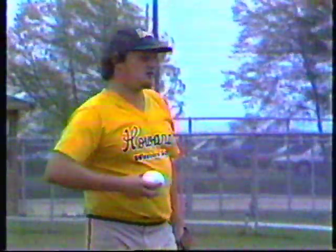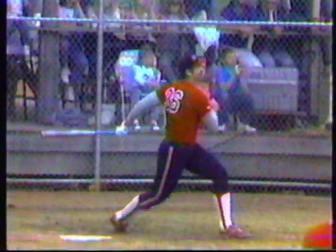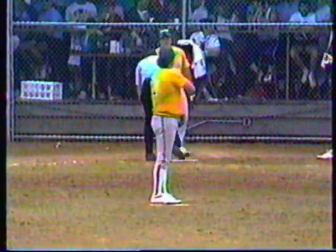Bruce started off a little slow this weekend, but he's catching fire. As Jim Fuller's already in the batter's box. And we mentioned he swings at the first pitch. After he told me in the big leagues, he was in the box at least 3 pitches. He didn't like to wait that long anymore. He hasn't ever seen so many fat balls. He actually took a little bit off this swing. Made contact, made sure it was fair. And, of course, once he hit it, it was going to be out. Besides